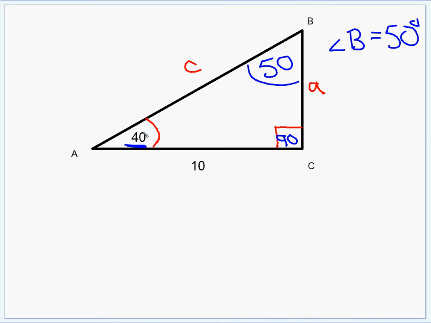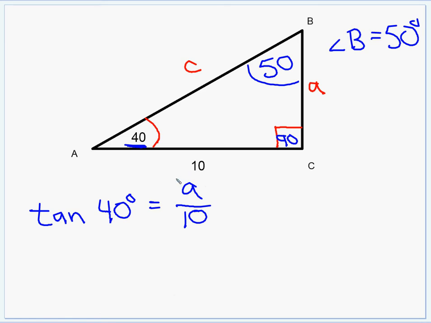I'm going to go from angle 40's perspective. That was our first given angle. And this comes down to what side do you have and what side do you want. In this case, let's go for side A first. Side A is opposite, and the side that we were given is adjacent. So we got to ask ourselves, what trig function deals with opposites and adjacents? Well, that's tan. The tan of our angle, 40, is equal to the opposite side A over the adjacent side